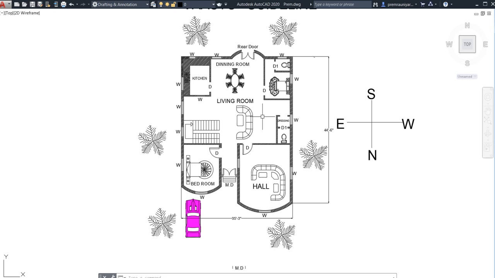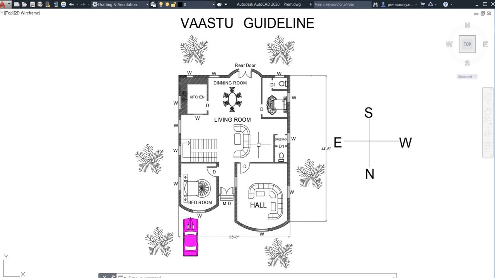I hope you all have enjoyed this tutorial. By watching this, you may get even 10% of this Vastu Shastra, Vastu guideline. If you follow this, I can say that you may get much more idea regarding Vastu as I am following here.